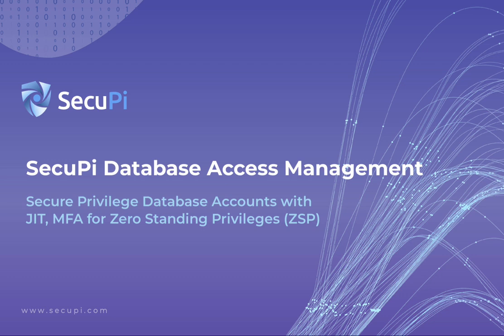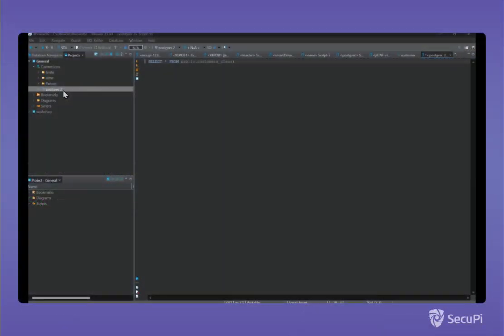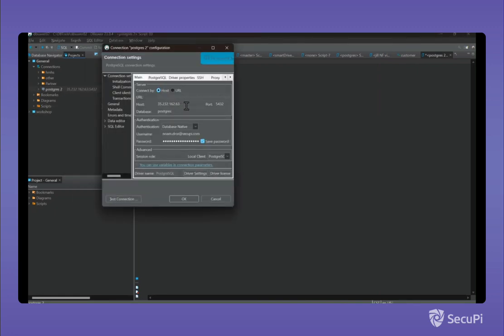This is a demo of out-of-band authentication with SecuPi. I have a DBeaver database management tool. I can connect to my gateway that I created for multiple Postgres environments, and if I'll do anything other than